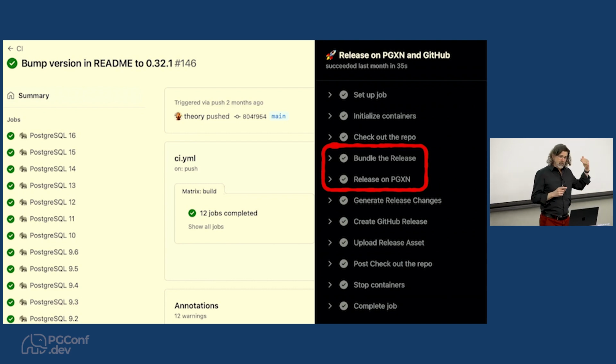So again, that stuff is scaffolded out by the command line client, and it's just there on the repository. And this helps you make sure that you're maintaining the quality of your extension and releasing it in a way that when you tag it for release, it is automatically released.